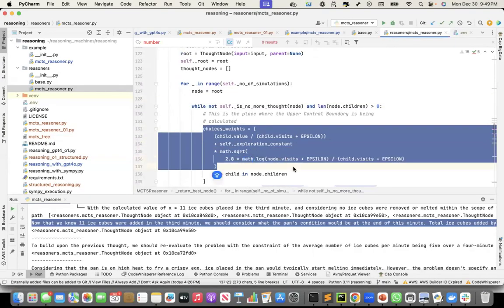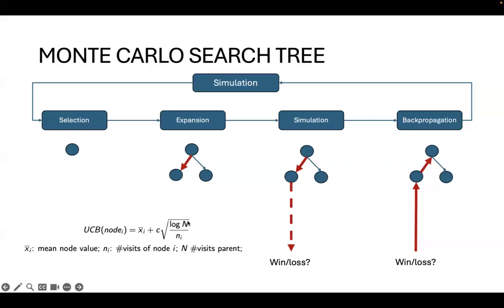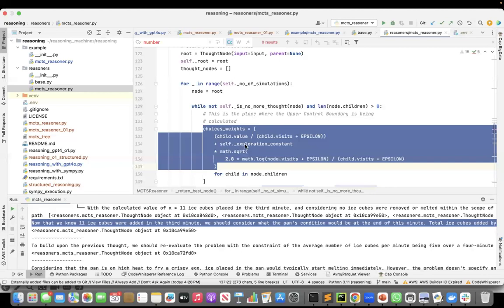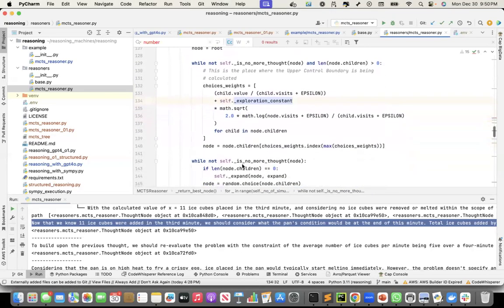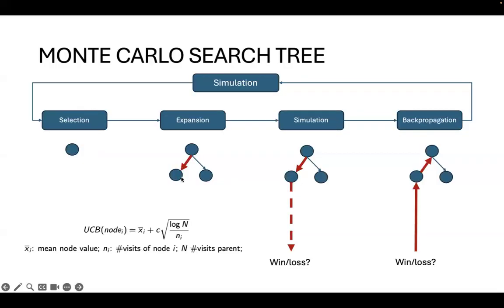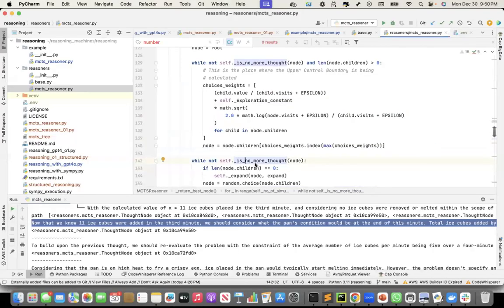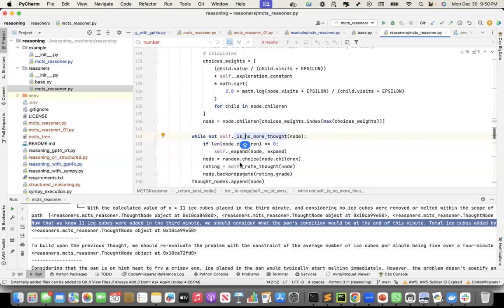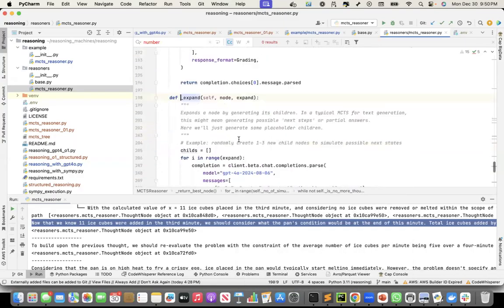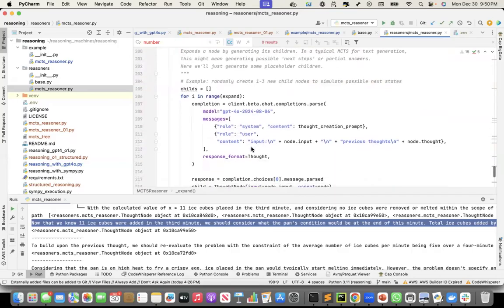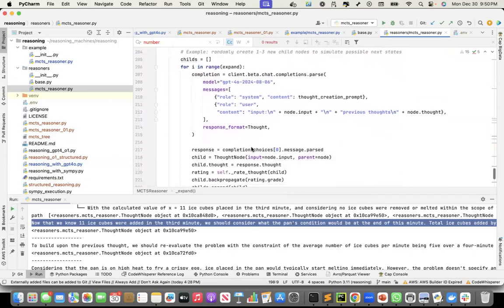This is the UCB formula, which decides whether I should exploit or explore. It selects the node. Once the node is selected, if it does not have children, I expand it, and in the expansion is where the simulation also happens. In the simulation, what I do is let the